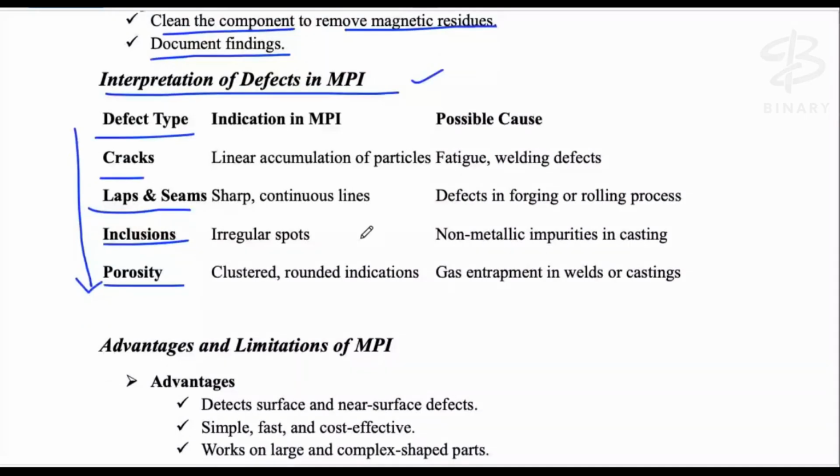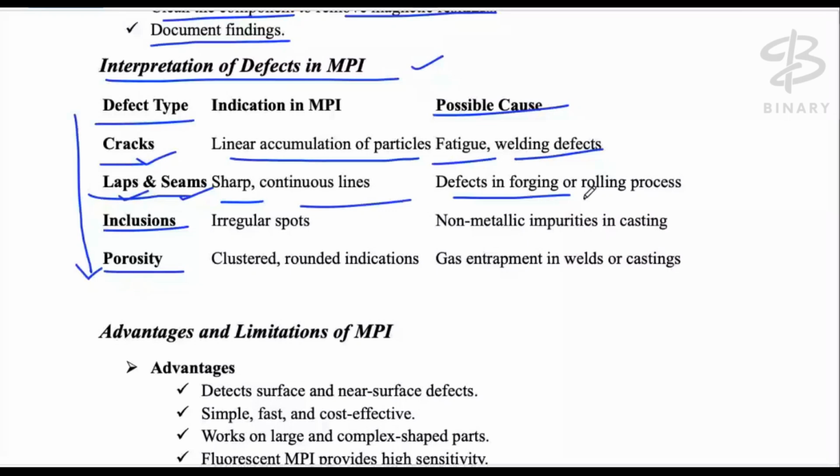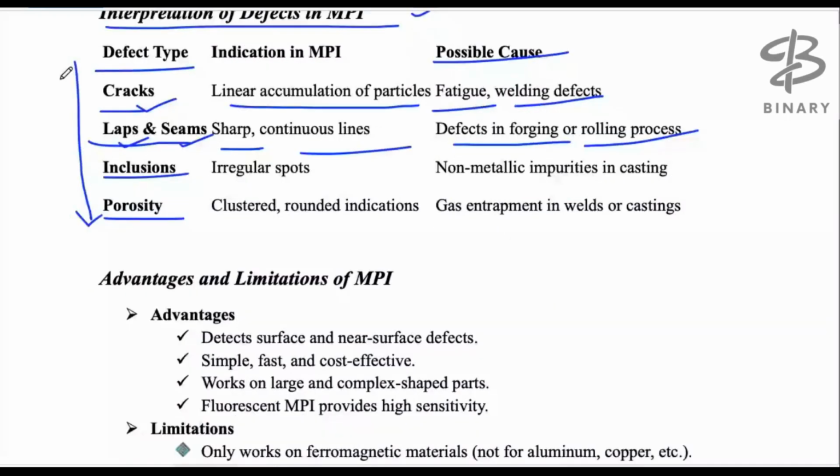Okay, so indications: we talk about cracks, the linear accumulation of the particles. If we talk about the possible causes, fatigue and welding defects. We talk about the indication in MPI. If we talk about laps and seams, then sharp, continuous lines, and defects in the forging or rolling process. These are just their descriptions. You just need to know that these are the types of defects that we can detect with